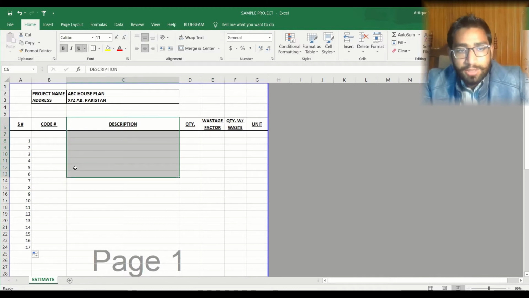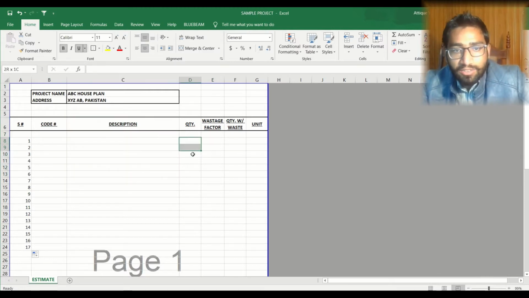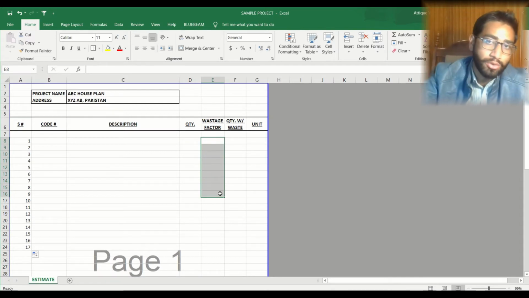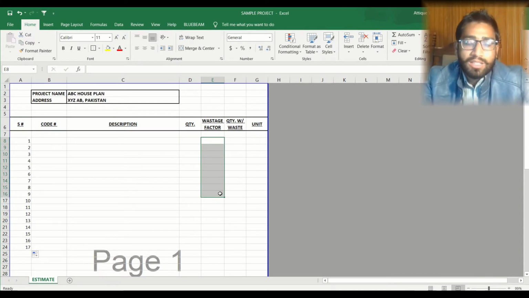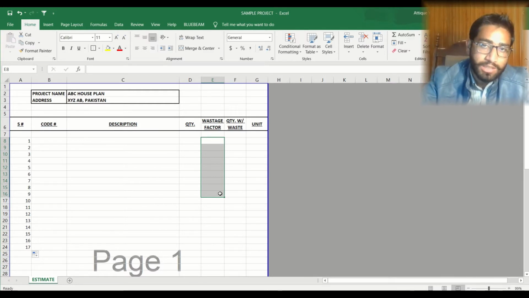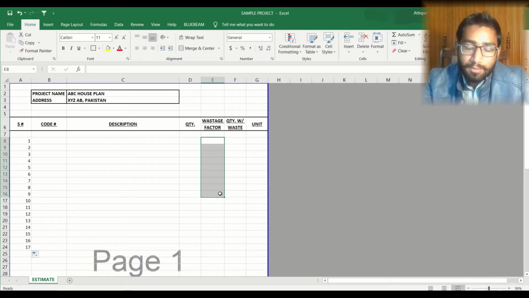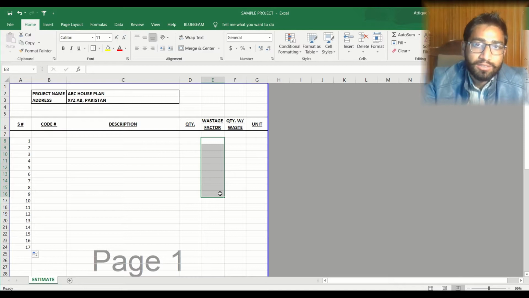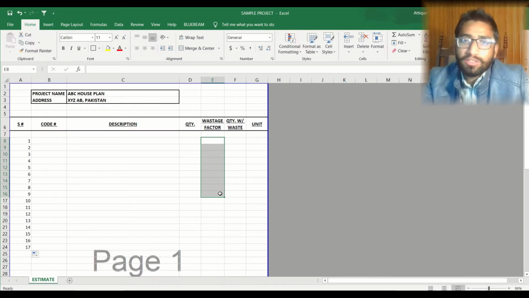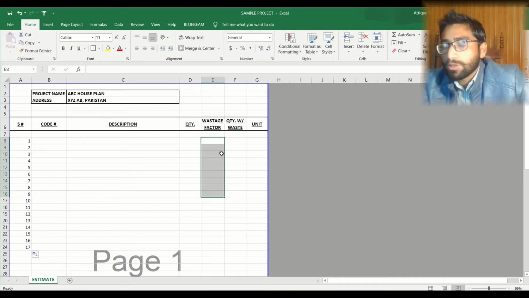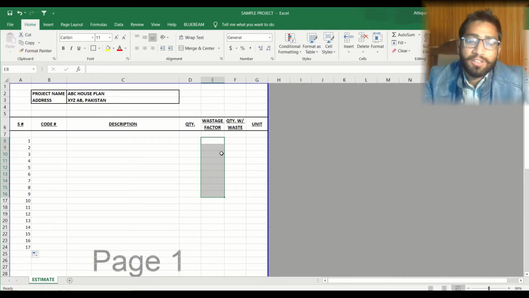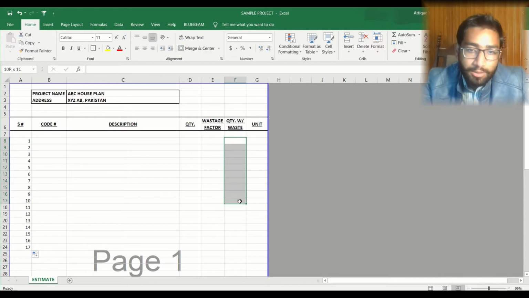The next one is description, and finally we will be having quantity, and then we will be having wastage factor, how much wastage factor you want to include in your quantities. That wastage factor again depends upon your techniques, your accuracy of the plans and takeoffs, and then again human errors, and then unforeseen activities. So all these factors come into the wastage factor, and that depends upon you how much you keep the factor, which is normally known as the factor of safety. And again, this will be only a manipulated sheet.